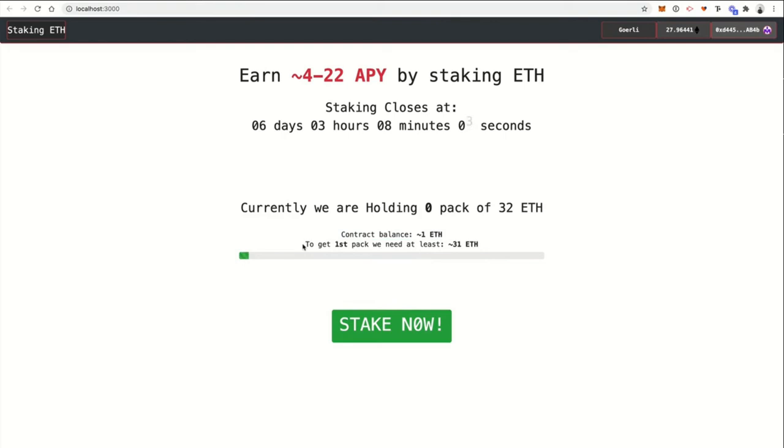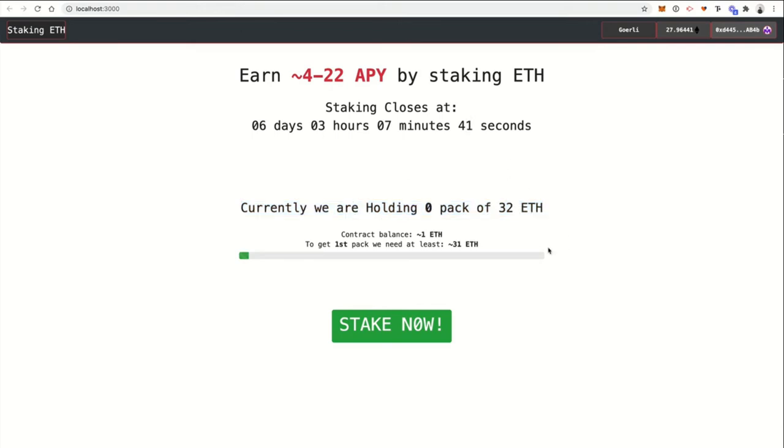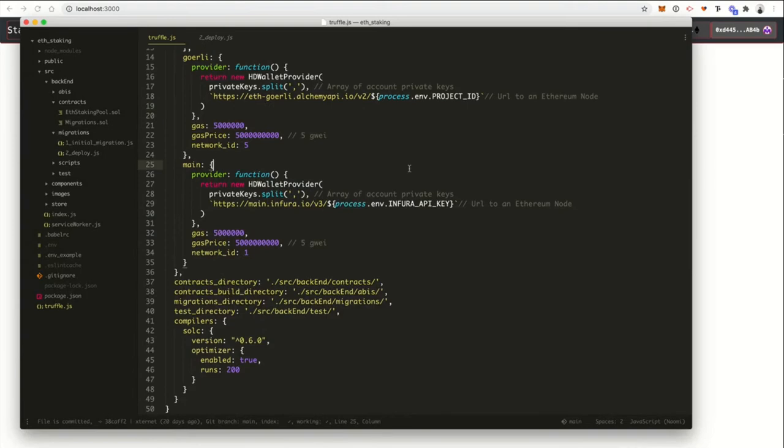All right, and to get to the first batch of 32 ETH, I need 31 ETH. Okay, so this is like a status meter. You could stake more, you'll see this balance go up. The whole idea is you have to run this in increments, in batches of 32 Ether, because you need a minimum of 32 Ether in order to stake, and you need exactly 32 Ether to run a validator, no more, no less. So let's dig into the internals of how this works in the contract